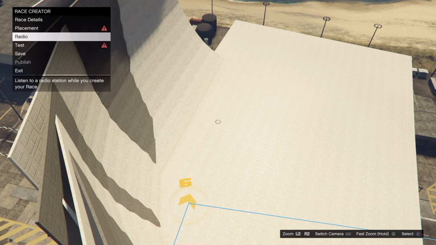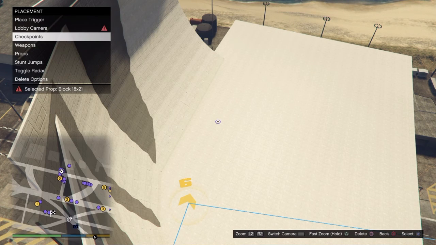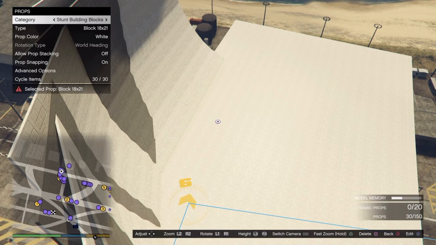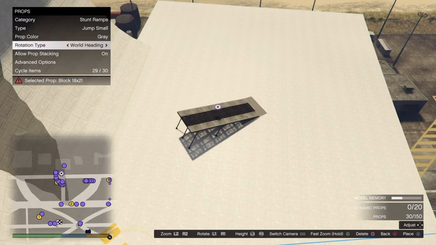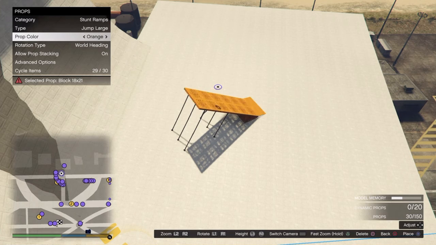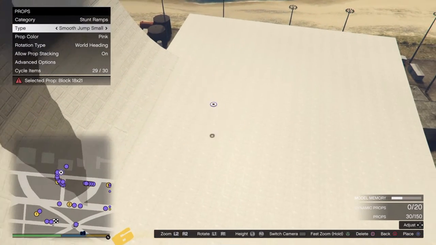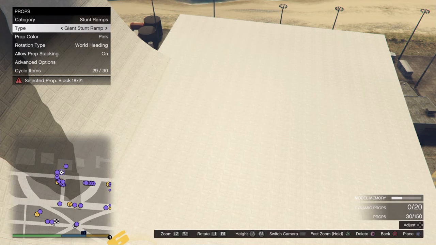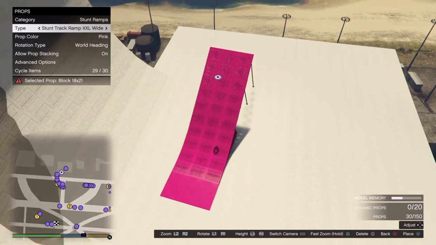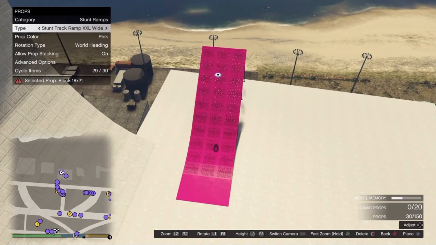So let's turn that back off. And I'm going to go to placement, and I'm going to get some more props. And I'm going to go into stunt ramps. I want to change the color so I can see them. Let's do pink, and we'll get a large one. Let's see. I want it to be huge. Yeah, that's pretty big. All right, so we'll put it right there, and